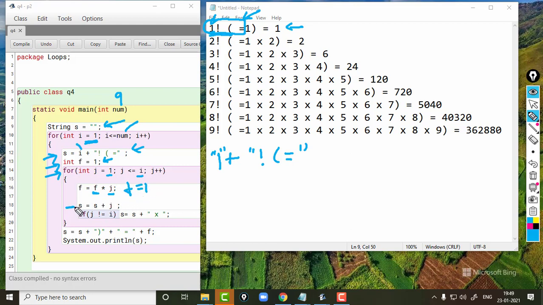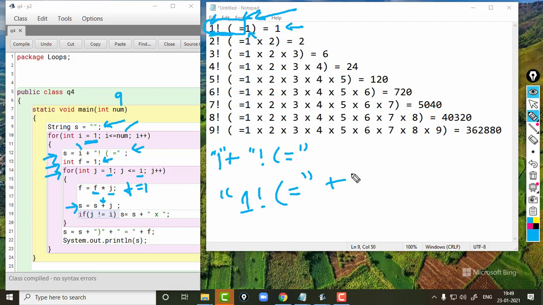And then in s, remember s is a string, so we are using this addition operator. That means we are trying to join something. What are we trying to join? We already have this in s, that is 1 exclamation open bracket equals. In this we are concatenating the value of j.